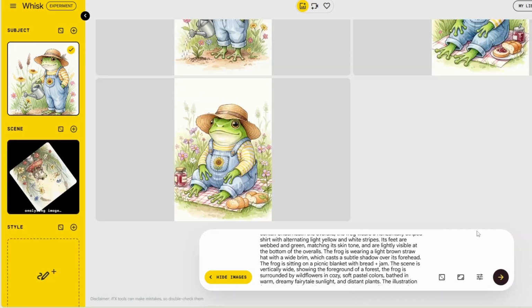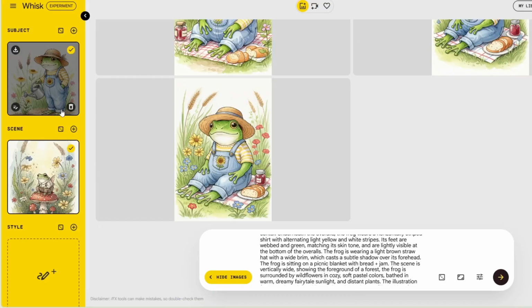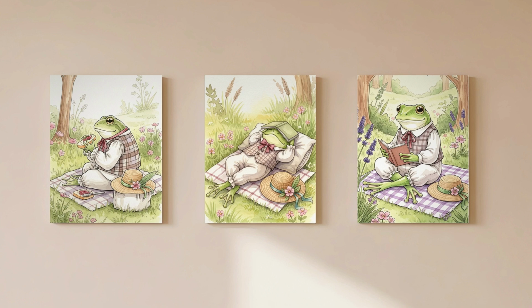In this video, you're going to learn how to create consistent styles like this printable art set using the free